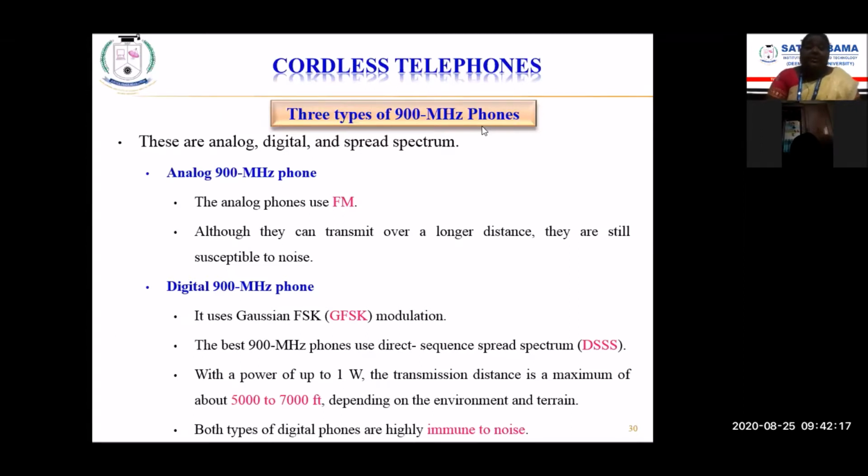Whenever we want to transmit a signal over the channel, it has to be modulated in order to increase the strength of this signal. So how is it happening? We'll have a message signal that is going to carry the information and the carrier signal. So these both will be used, and the carrier will be performing the modulation. Based on what parameter? Either it could be amplitude modulation or frequency modulation. As in these cordless telephones, we are making use of only the audio and voice signals, we will be performing the frequency modulation.